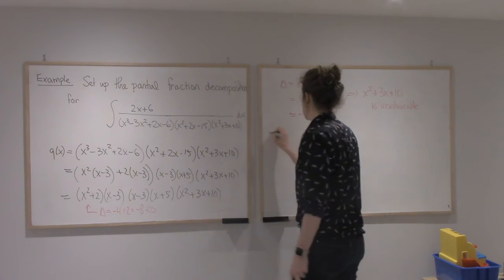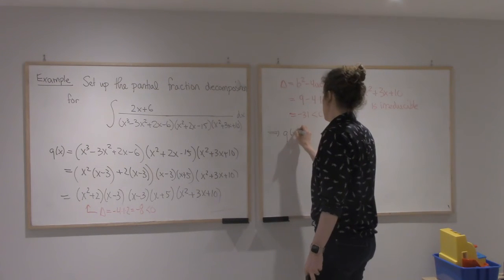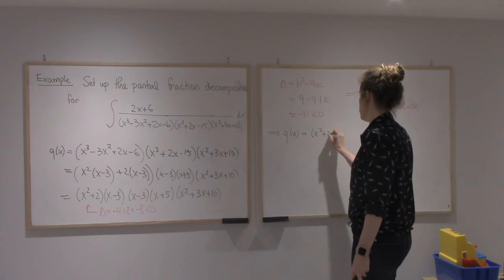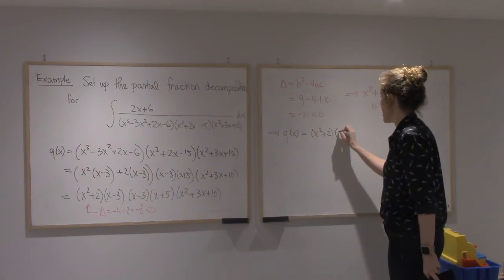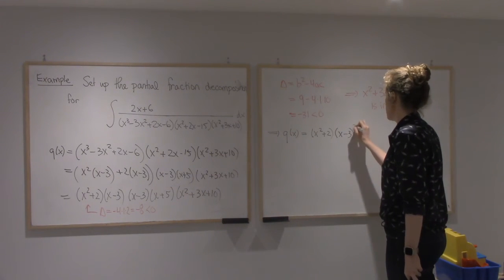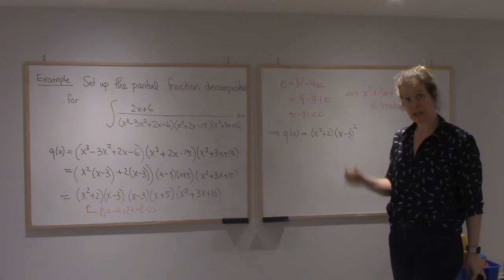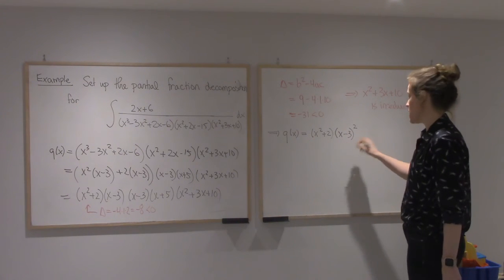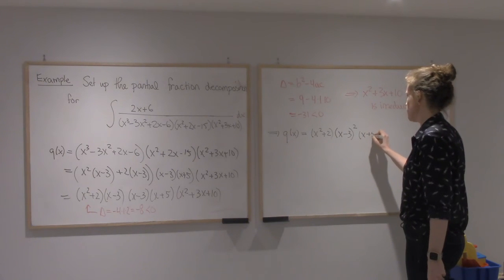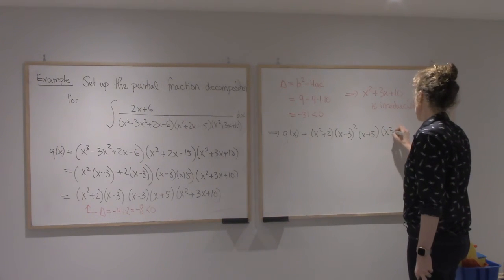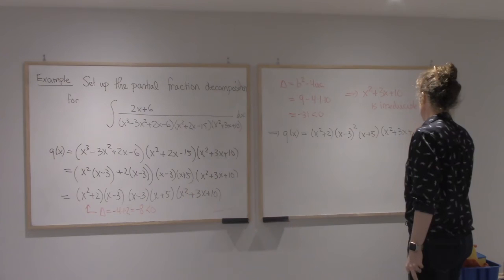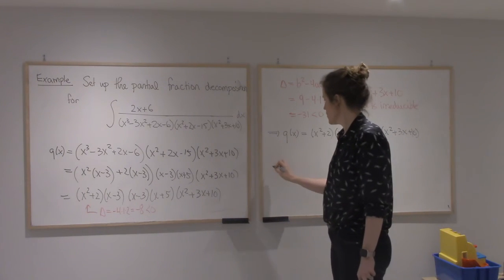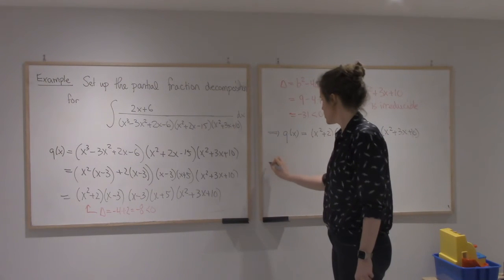And so that means that Q of x factors completely as x squared plus 2, then I have (x minus 3) twice. I have to put them together and consider this a method 2 part. And then I'll have x plus 5, and I'll have x squared plus 3x plus 10. Alright, so the partial fraction